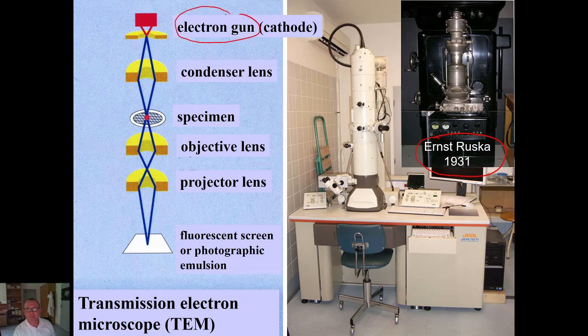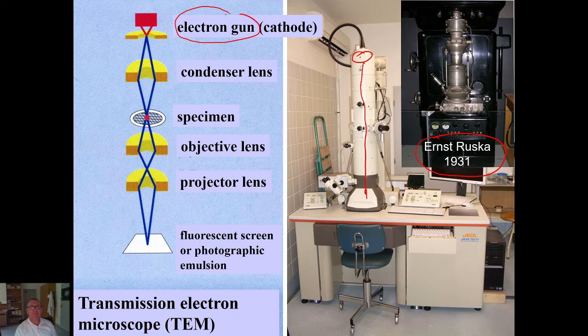The electron gun emits a beam of electrons which goes to this column, where the air is pumped out, so there is a vacuum in this column, and the beam of electrons goes through several lenses,